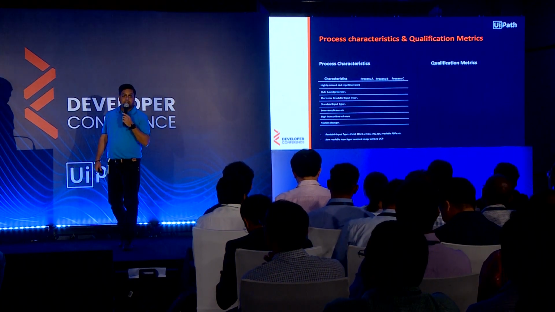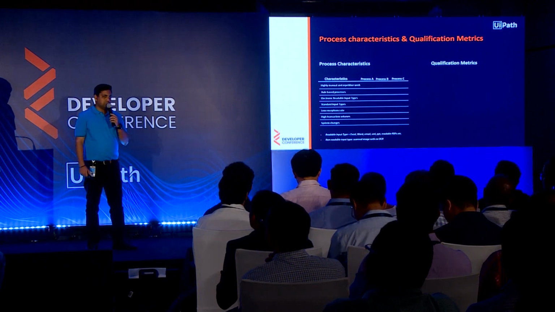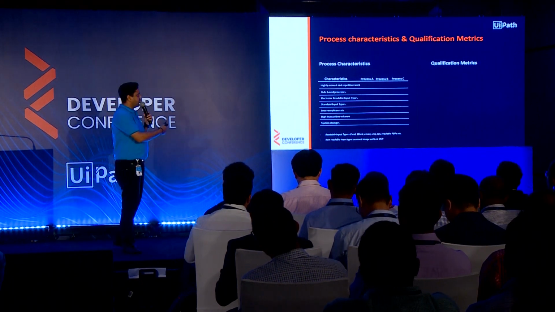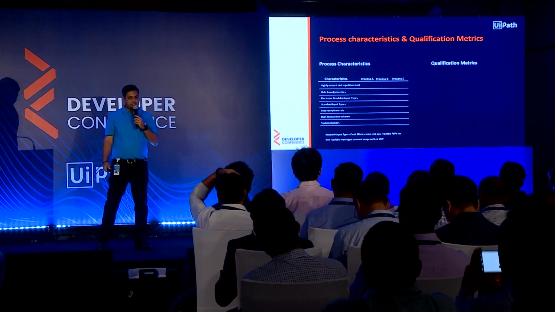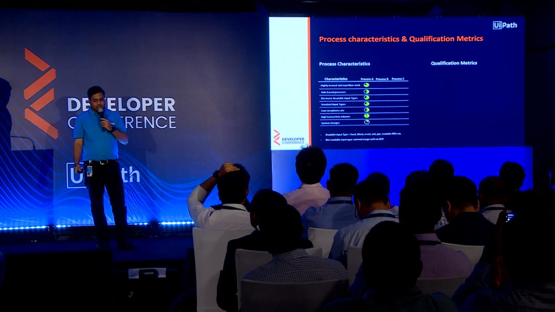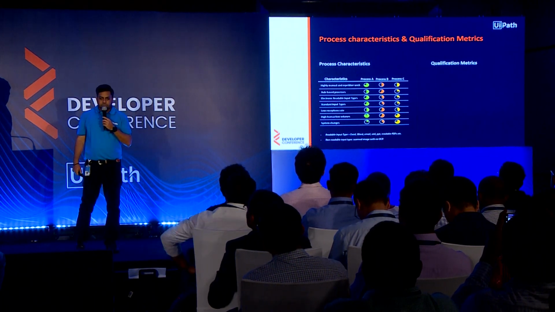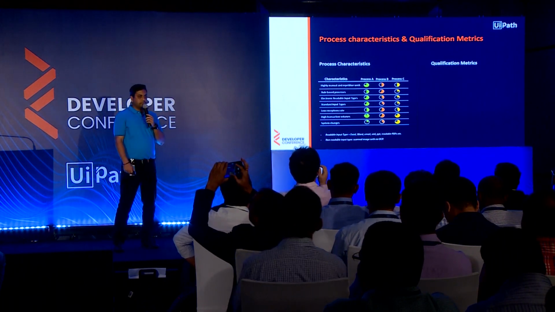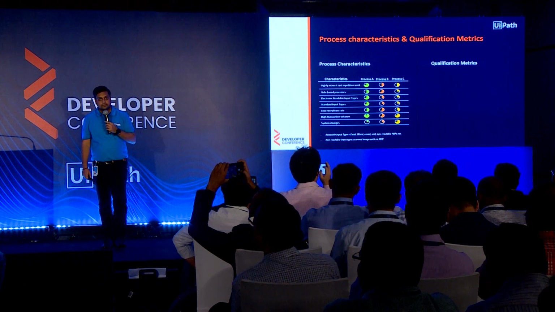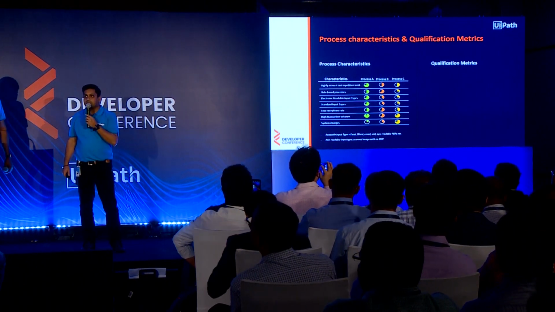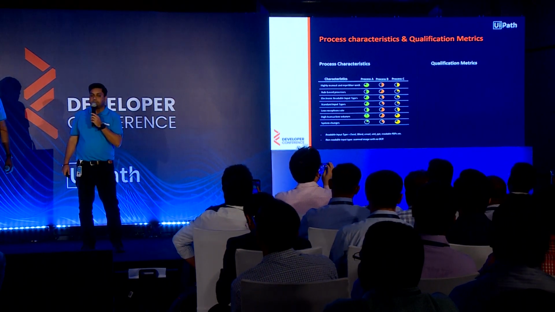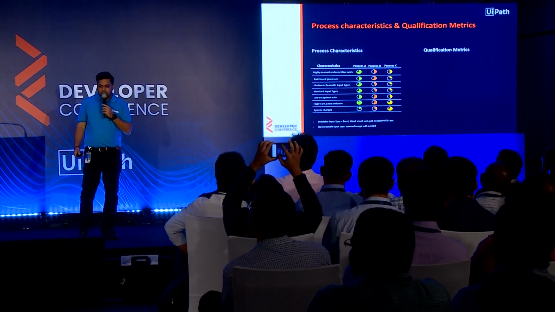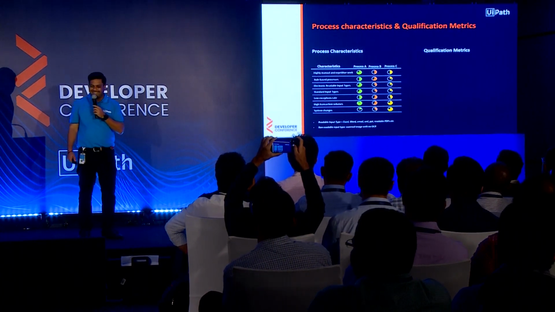So I have three processes, and I have a few sample results of all these processes when we have put them across these characteristics. So process A, B, and C. Whom do you think has qualified the most for RPA? Yes, louder please. A. Most of us think A is the right process? C? Okay.